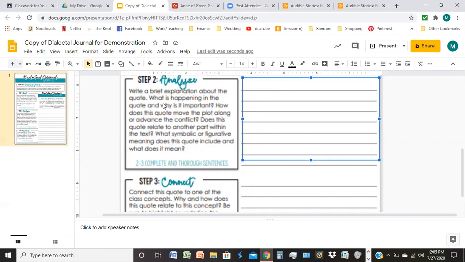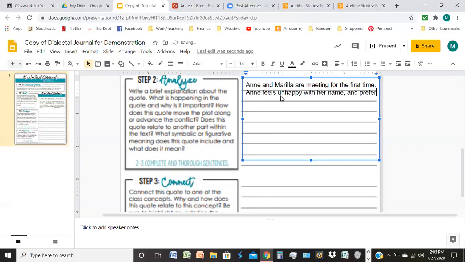They're asking you many questions in this analyze section. You do not have to answer all of them. Just pick whatever question is most relevant to your quote. So I am going to explain this quote, and I am going to say, Anne and Marilla are meeting for the first time. Anne feels unhappy with her name and prefers the